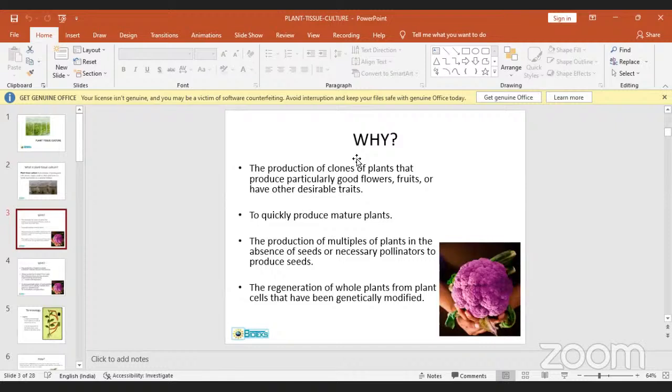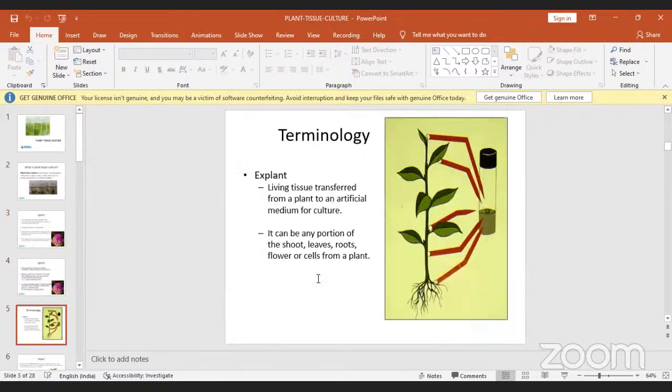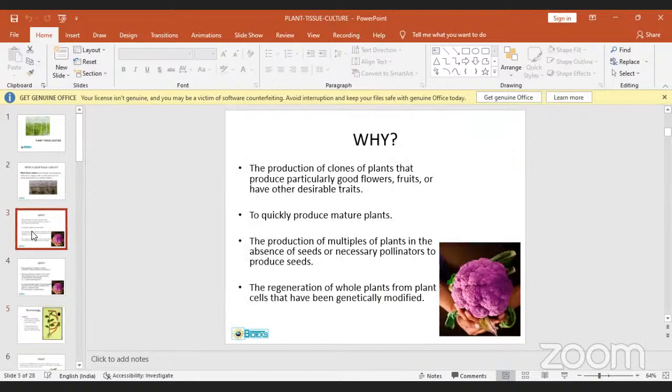So why is plant tissue culture needed? The production of clones of plants that produce particularly good flowers, fruits, and other desirable traits, and to quickly produce mature plants. The production of multiples of plants in the absence of seeds or necessary pollinators to produce the seeds. So the generation of whole plants from plant cells have